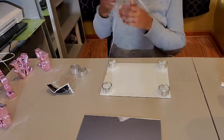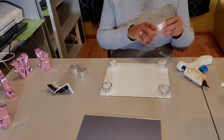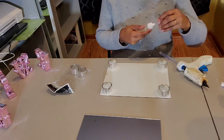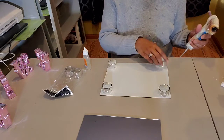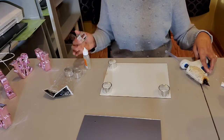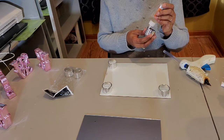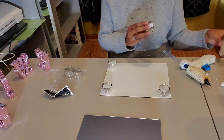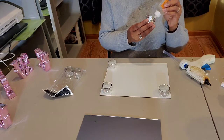Gorilla Glue or whatever glue that you have, E6000. They also have a fix-all glue at Dollar Tree that works pretty well as well, but I'm more partial to the Gorilla Glue. So I'm going to attach using our Gorilla Glue and our hot glue gun. And this is just for the video purposes. You guys can go ahead and do this without using the glue gun, but I'm trying to move this video